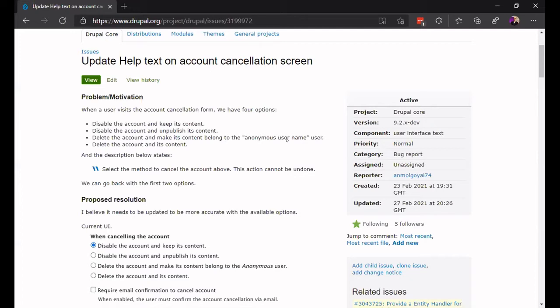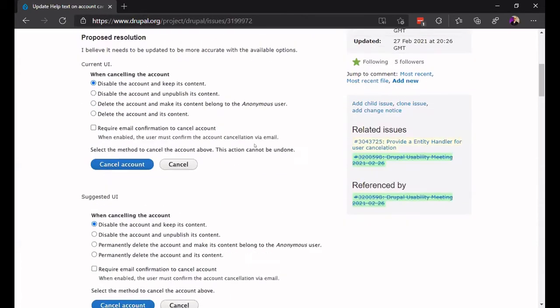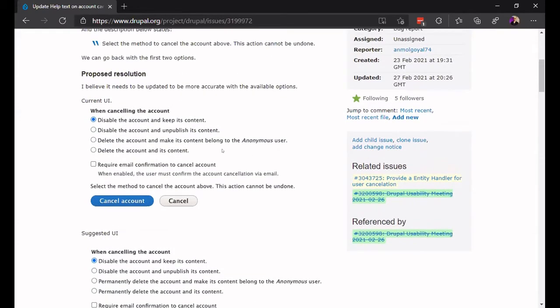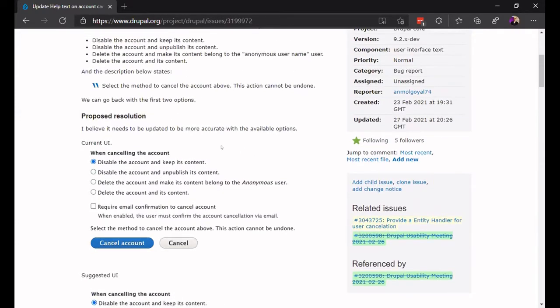Yeah, so this was one that we looked at the end of last week's meeting, but we were slightly running out of time. So we agreed that the person who was presenting would take an action to implement some of the changes we had proposed into some new screenshots and put those up, and then we would revisit this issue. So really, we're looking at updating the text on the account cancellation screen. We've got a couple of screenshots here, and it's really just to make the text a bit